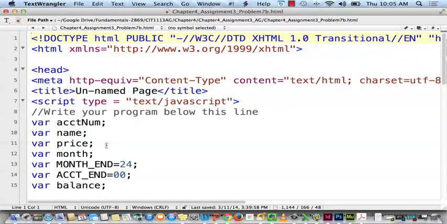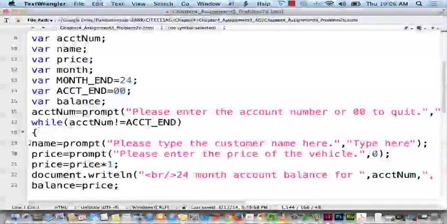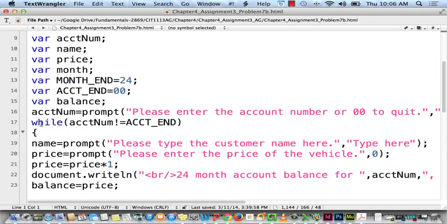What she's done different with this one is she's got a constant called month end, so that's where you're determining if you're at the end of the months. So that's the inner loop's terminator. You've done it a little different. Account end is 0, so that you're asking them to enter 0. That's the sentinel value. Yeah, the sentinel value. Variable balance. Okay, so here is the outer loop. And we probably should do this in a